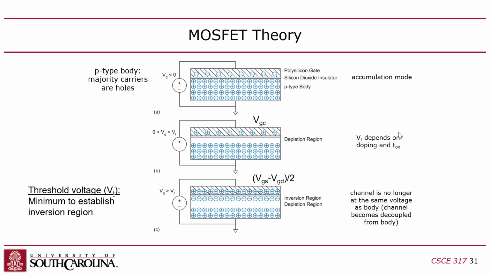This is called the depletion region. You move the majority carriers down, and then once the minority carriers start coming up, you have an inversion region, and beneath that is the depletion region. Now you might say, well, who cares? What's the point of this? Well, the reason I bring this up is to emphasize the fact that when you get this depletion region,